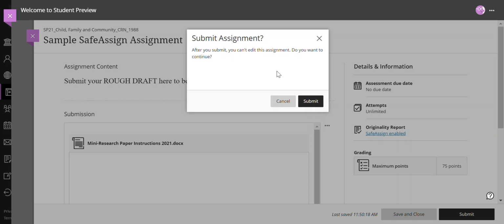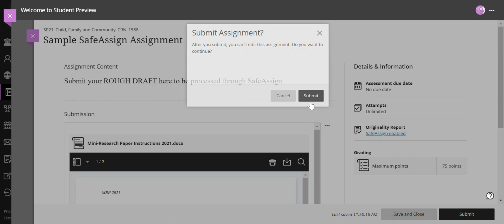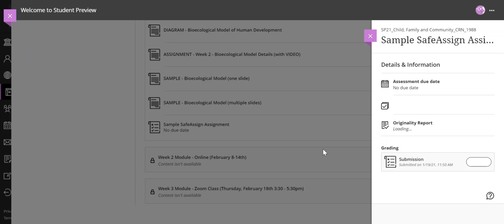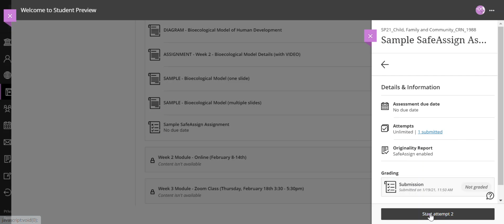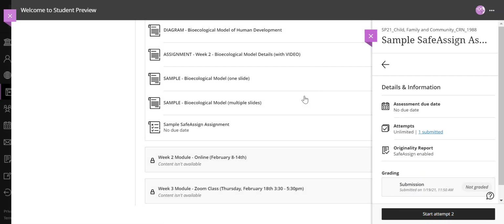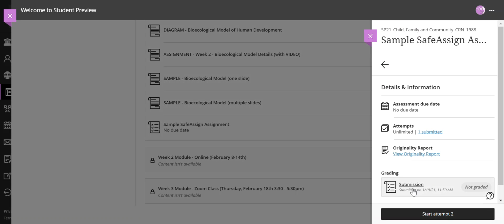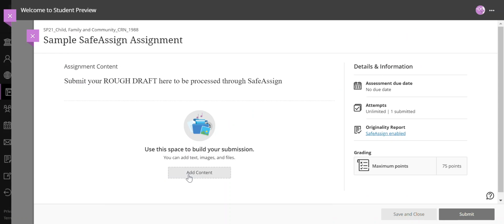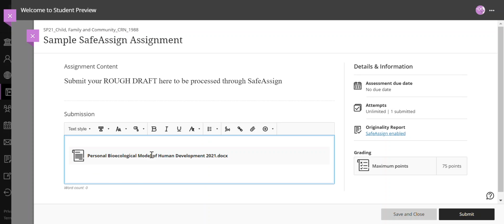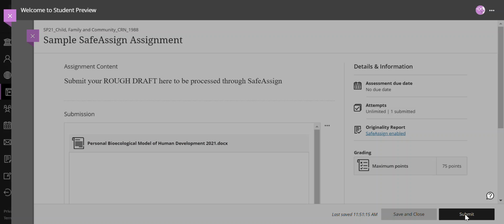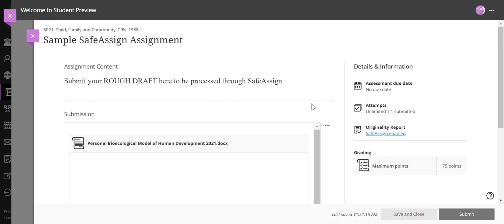So after I submit, I can't edit this assignment, but again, I set it unlimited attempts, and I'll show you how that works. So I click submit. Here is my submission. And I can either click on the submission that I've already completed, and again, that's through going through the assignment link. So click on the assignment link, and I could start attempt 2, and I'll go ahead and just do that so you guys can see what that also looks like. So this time I just put in the biomodel assignment just so we could have another one to look at. So I've submitted, I click submit,